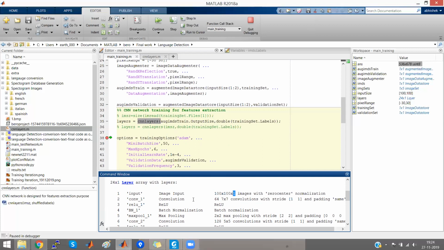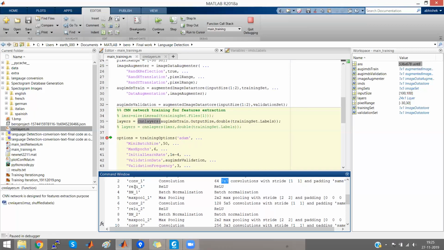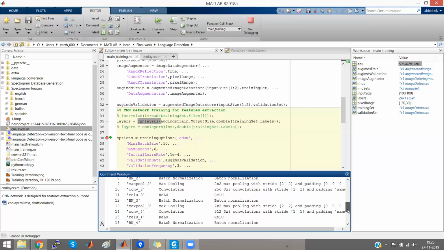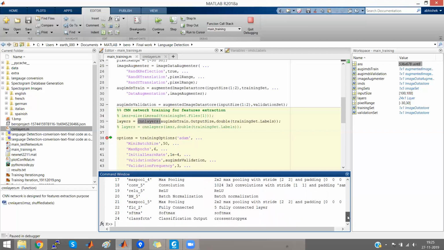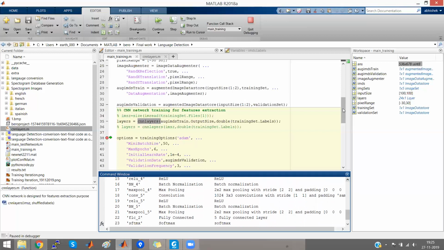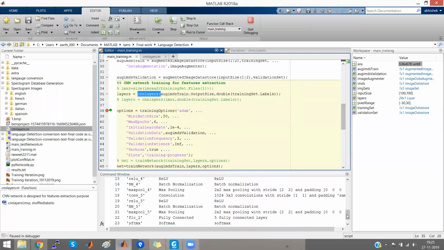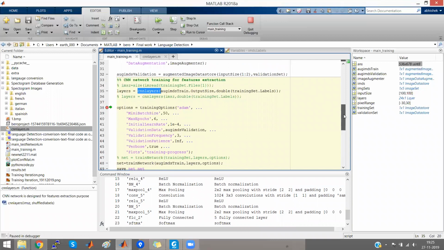The convolution has 64 filters, and 7 by 7 is the window size. Similarly for ReLU, and BN1 is the batch normalization. So we have a total of 24 layers to process our network.